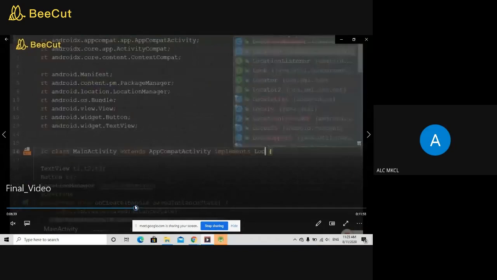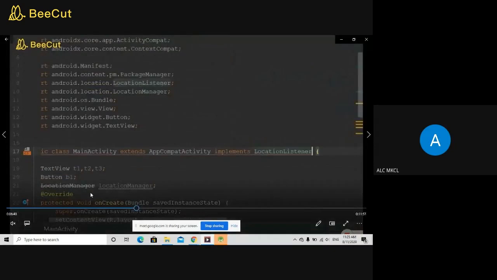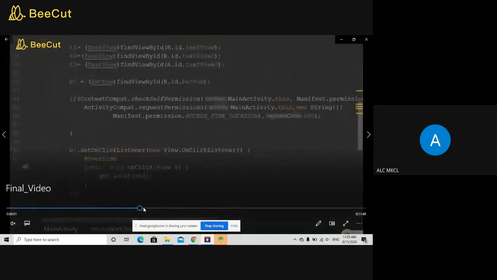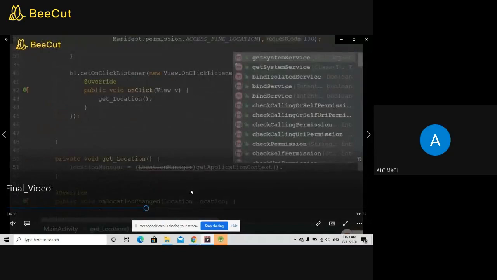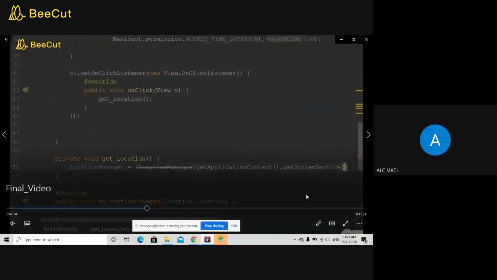Okay, after that you need the LocationManager. You need the object of LocationManager, because you need to set the location permission, and you need to call the location service in that particular application. Now the LocationManager, how will it go?